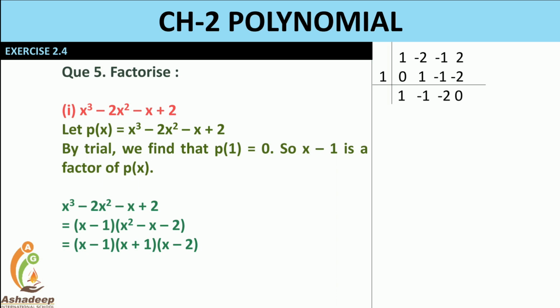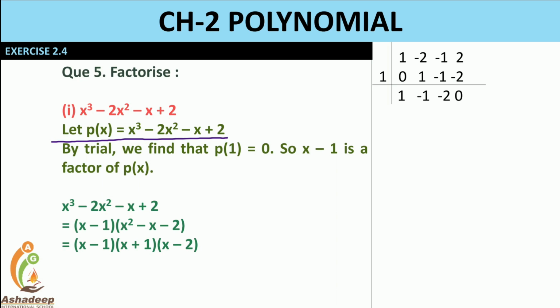Previously we saw the factorization of a quadratic equation, that means of degree 2, and here we have to factorize a cubic polynomial which has degree 3. So how can you factorize the cubic polynomial? For that, first of all, consider the given polynomial as p of x. So p of x is equal to x cube minus 2x square minus x plus 2. By the trial and error method,